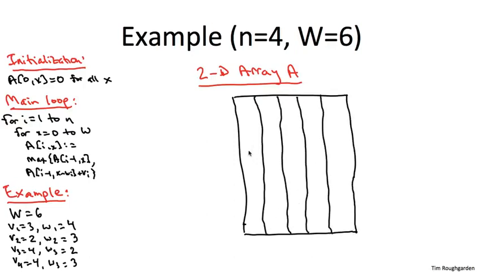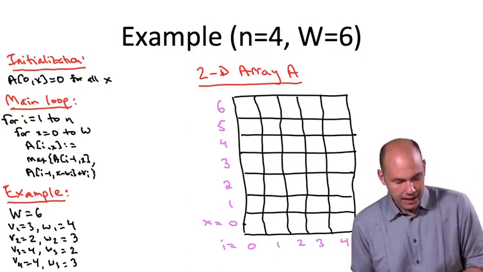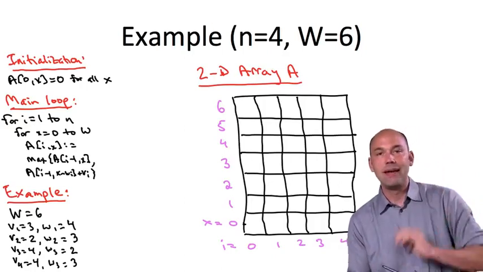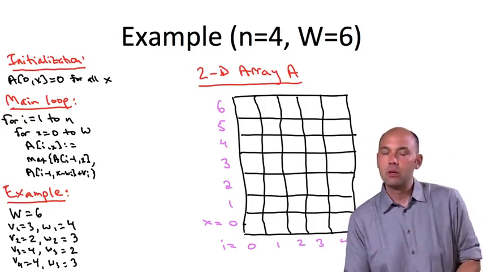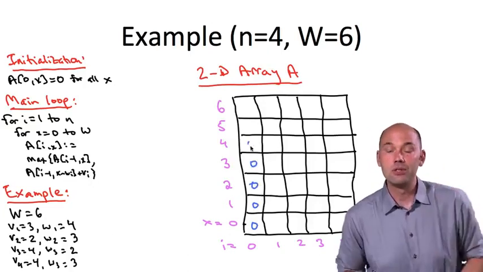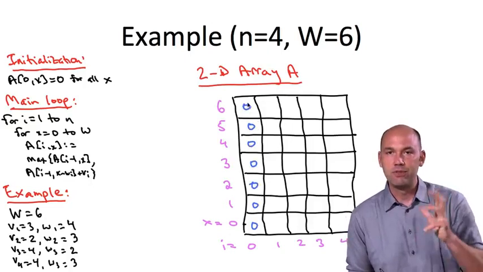There are certainly a lot of optimizations you can apply when filling in these tables. In fact, the future programming assignment will ask you to consider some, but just to make sure the basic algorithm is totally clear, let's stick with a naive implementation for now. We begin with the initialization, and setting A[0][x] equal to 0 for all x just means we take the leftmost column corresponding to i equals 0, and we fill that in entirely with zeros. In a real implementation, there's no reason to explicitly store these zeros. You know they're there, but to keep the picture clear, let's fill in the zeros in the left